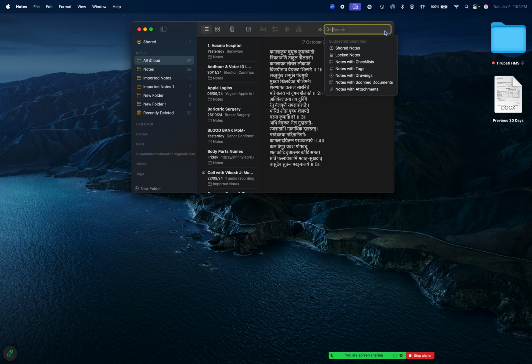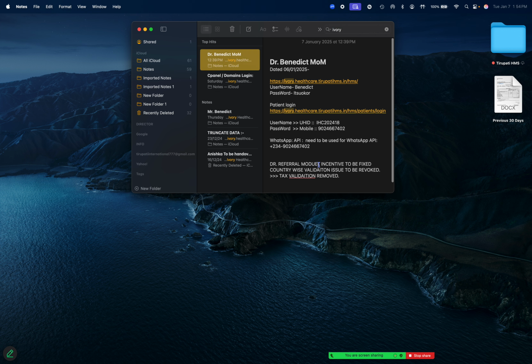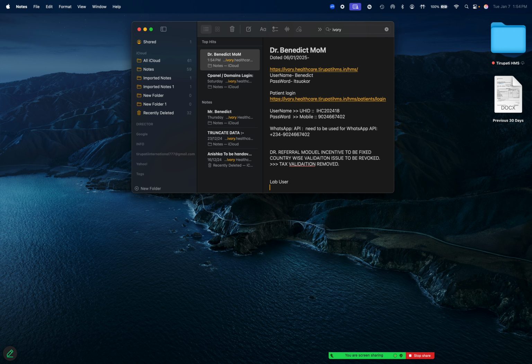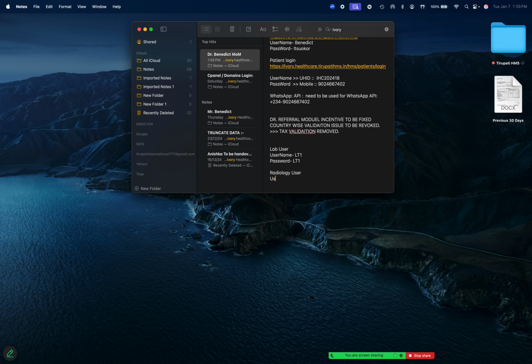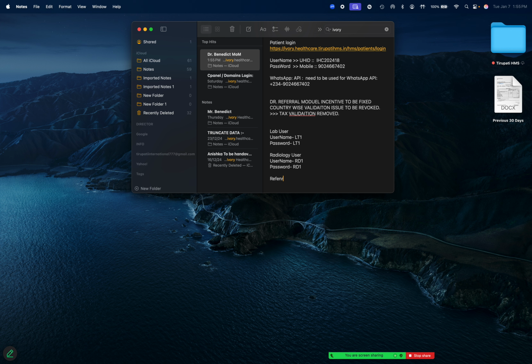We were doing the lab user, username is lt1, password is lt1, and the radiology user, username is rd1, password is rd1, and the referral doctor area, username is DA, password is DA.